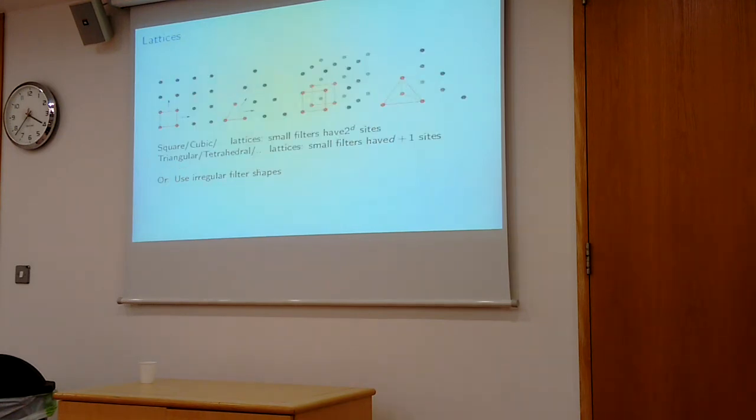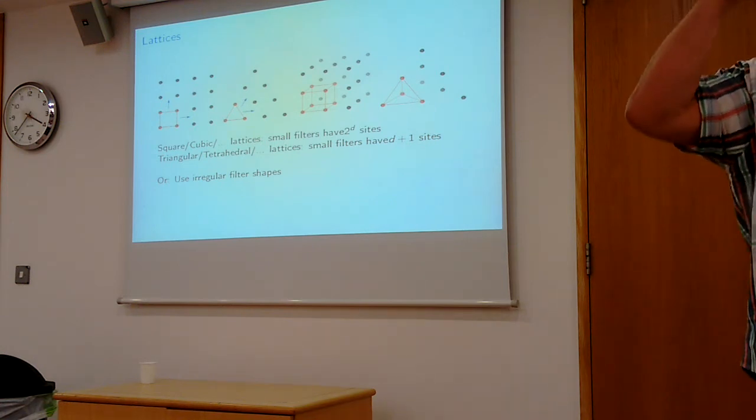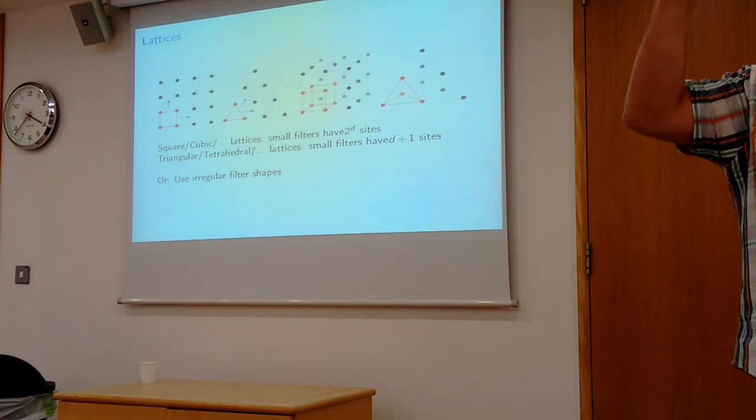Another interesting thing, maybe, is that convolutional networks are generally done on a square grid, and in 3 dimensions on a cubic grid, but there's no fundamental reason why you have to. If you want to go to higher dimensions, then it might make sense to change the lattice you're working on. So in 2 dimensions, the smallest useful filter you can have is 2 by 2, so that's 4 sites